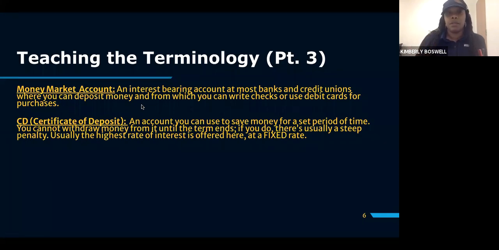Also, one thing to note, the 3 accounts I spoke about before, which is savings, checkings, and the MMA, they have a variable rate of return. So if there are fluctuations in the market and rates go up, or rather inflation goes up, your rates sometimes go down. For the certificate of deposit or your CD, which is where you choose the term, and let me show you the different terms